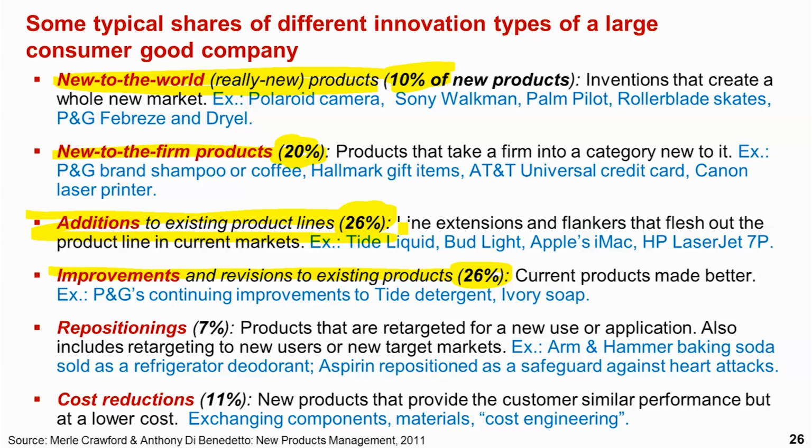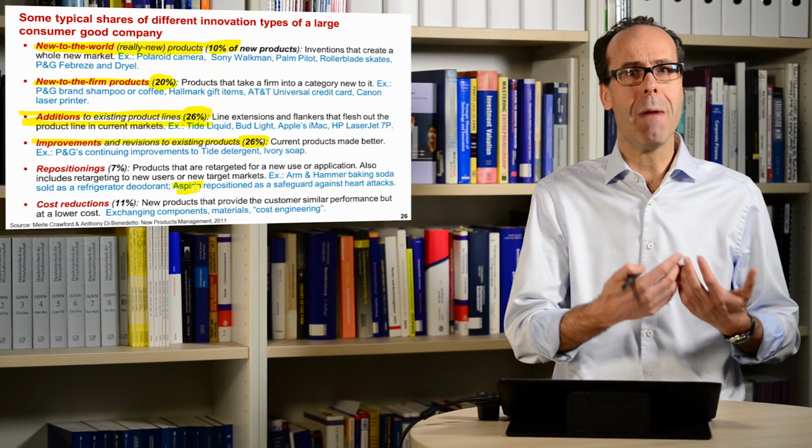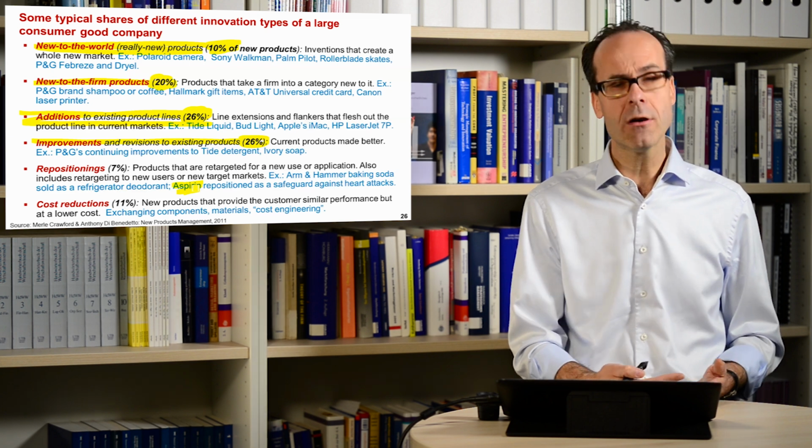And then there are some specific classes like repositioning. So we had a product that was already in one market and we bring it into a different use. Bayer, the German pharmaceutical company, is famous for using aspirin as a headache medication and repositioning it as a safeguard against heart attacks. And then you have exactly the old product, but it's more a marketing innovation,